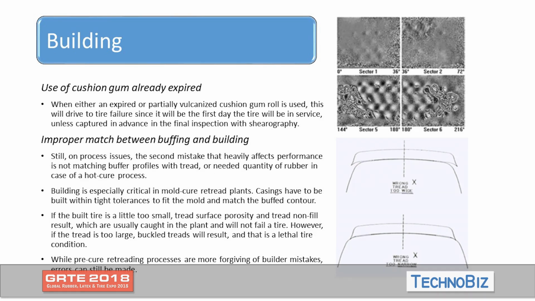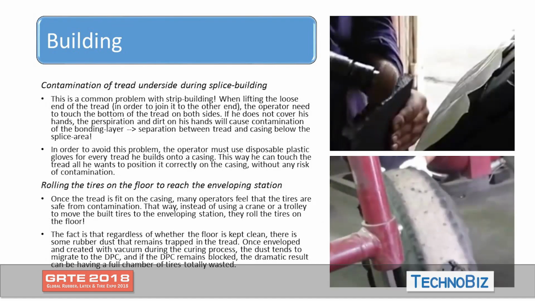Other important mistakes that I have seen: sometimes just to save money, retreaders use thread which is too narrow compared to the buffing profile of the casing. So the buffer is always the process that determines which will be the proper width of the thread that has to fit these new retread tires. Next one,